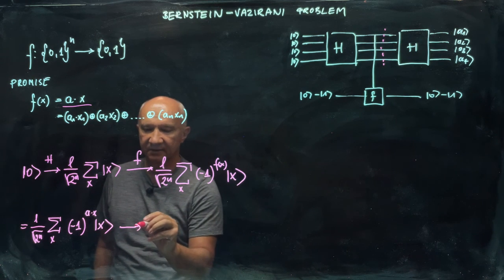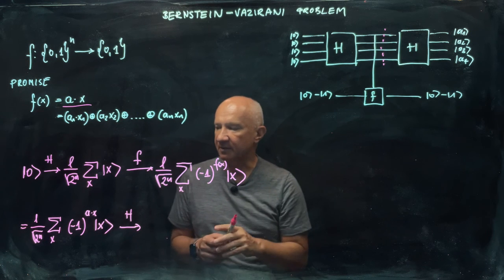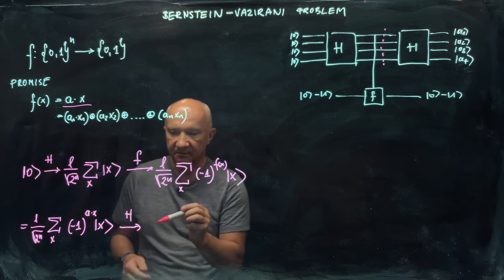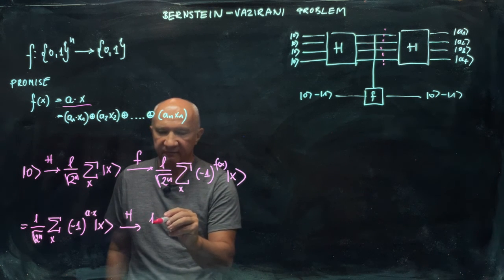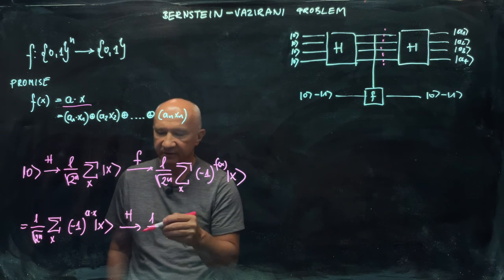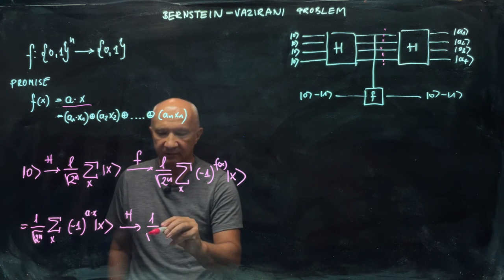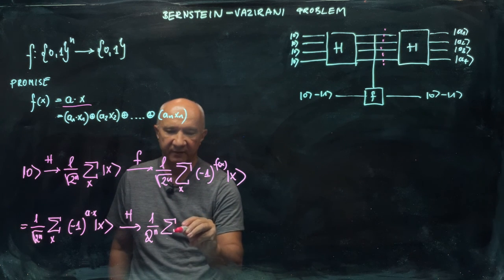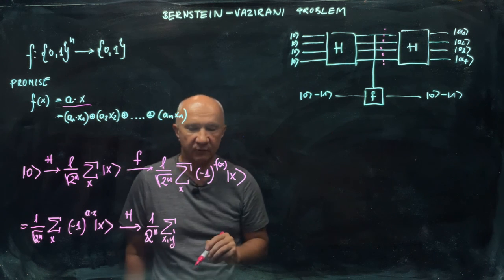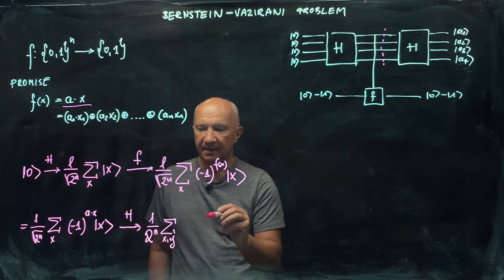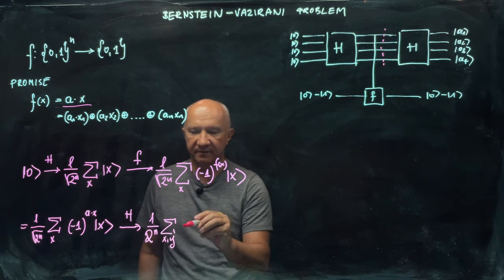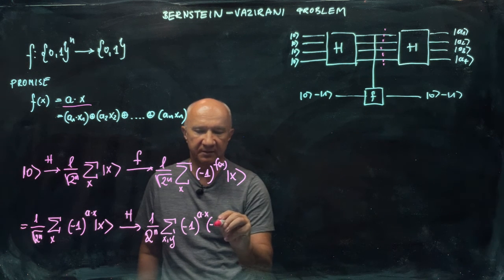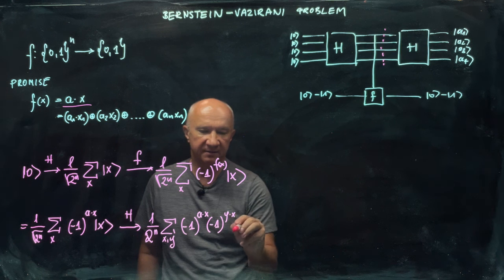After the second Hadamard, I'm going to use the expression that we discussed when we talked about the Hadamard transform and quantum Fourier transform. And so the normalization factor, after multiplying by another 1 over square root of 2 to the n, will now be 1 over 2 to the n, and then I will have a sum over x and y. Both x and y are binary strings of length n, and here I'm going to have minus 1 to the a dot x and minus 1 to the y dot x, and that'll be a sum